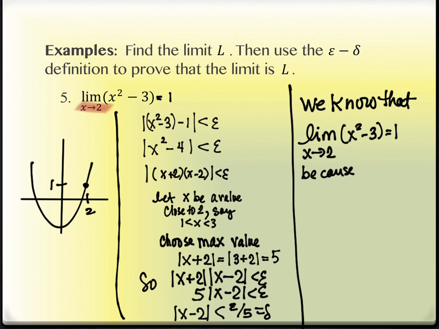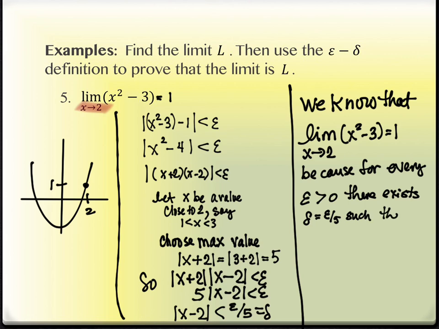Because for every epsilon greater than 0, there exists delta, and we have to identify what we found delta to be, epsilon over 5, such that, and we want to talk about what happens on the x-axis first, such that when the absolute value of x minus 2 is less than epsilon over 5,